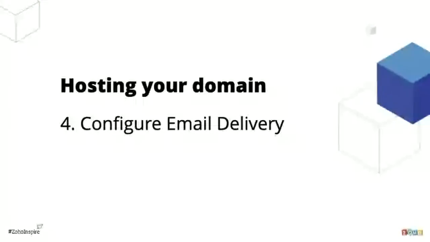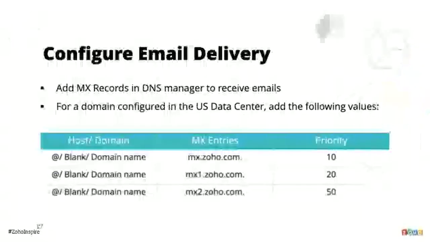So what do you have to do to configure email delivery? You simply have to add the Zoho Mail specific MX records inside your DNS manager. The values that you see on screen are the listed values for Zoho Mail's MX. You can see here that we have 3 values. Just one value is actually enough, but the reason we're giving you 3 values is because even if one of these servers is not accepting emails at a specific point in time due to some reason, the other email servers will be tried, and it will make sure that the emails find their way inside Zoho Mail servers.